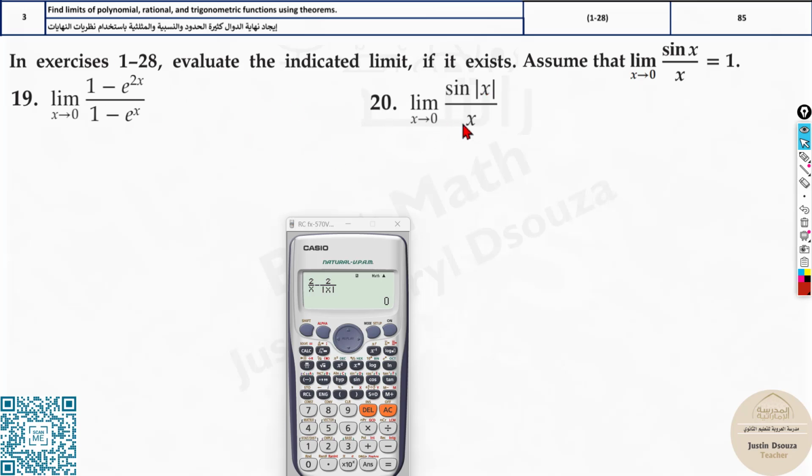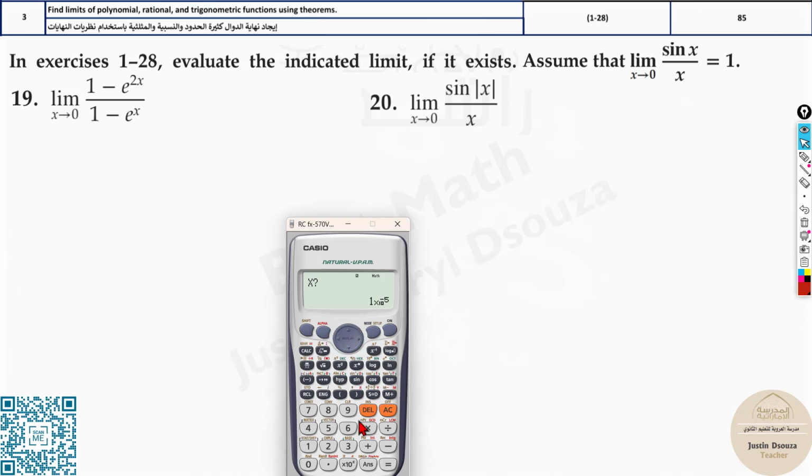Similarly, you can do this by yourself. I'll just do this right side quickly. It's sine, and then use shift and hyperbolic functions. That is the absolute value you get, and x, and then go away from that. Two lines next aside from that, or move to the right and then close the bracket, and then over here